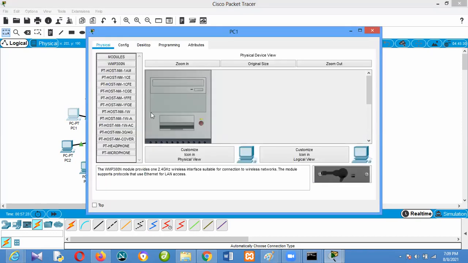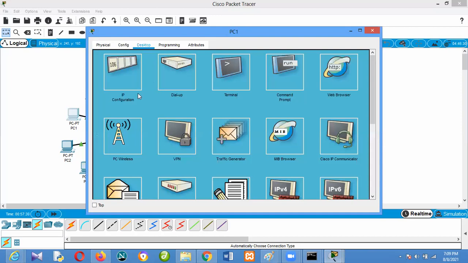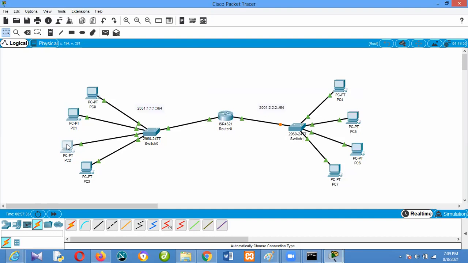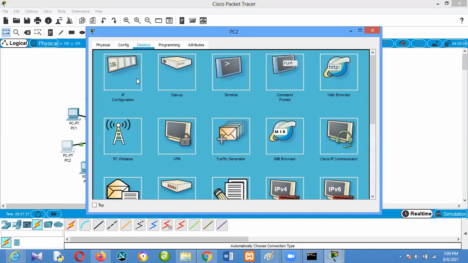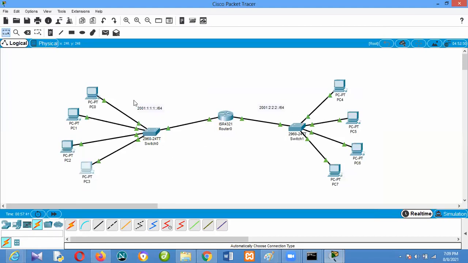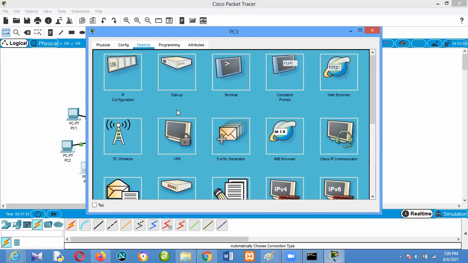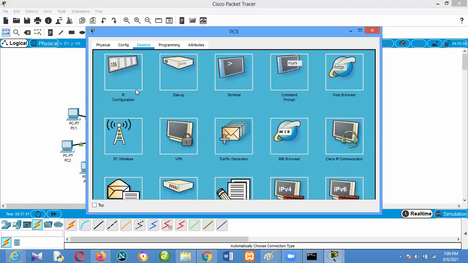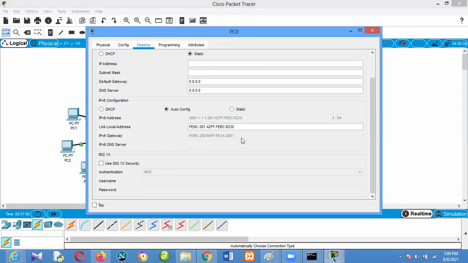If I come here, auto config also works automatically. They have IP addresses like that. It just gave them IP addresses and their gateway. I'll talk about this later. This is a link local address.